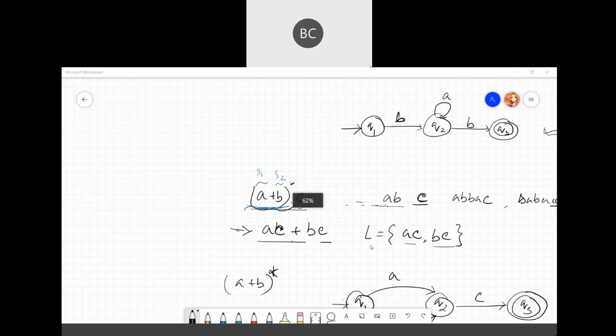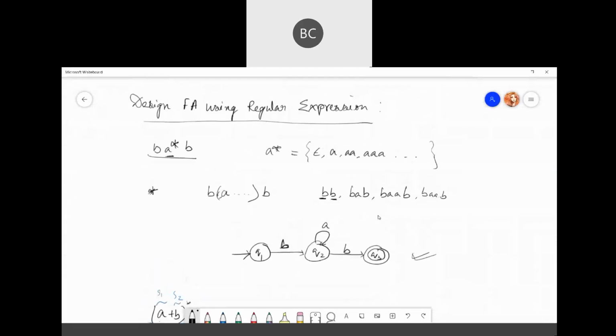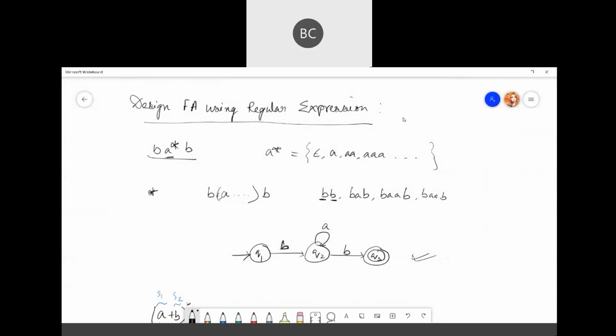Let me share my whiteboard first. Okay, yesterday we saw some examples of how to design FA from the regular expression.